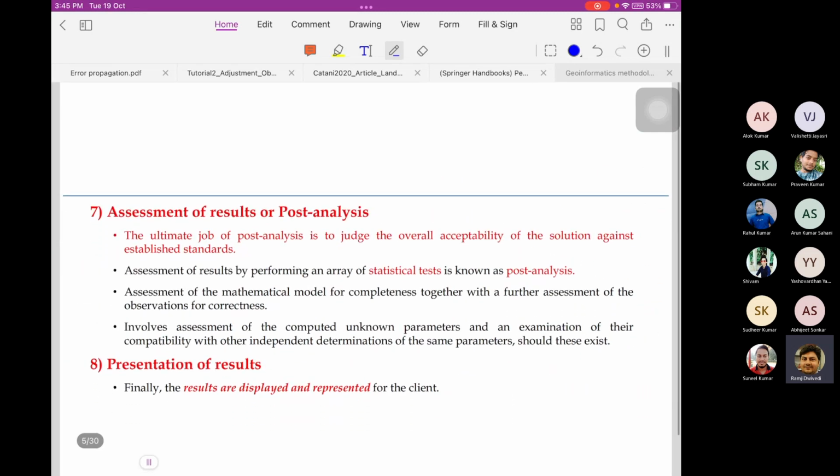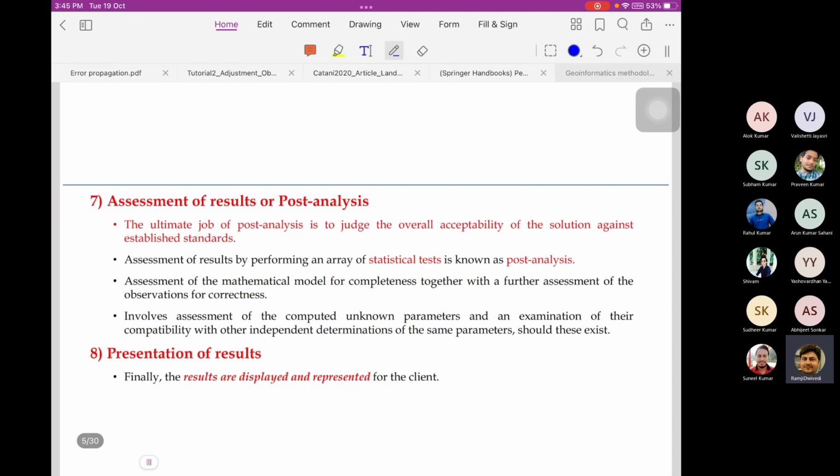Now the seventh step is assessment of the results. So now everybody has achieved mu x, everybody has achieved sigma square x square. Now our job is to assess this result. So let's say I'm just again redrawing this. So you were having this